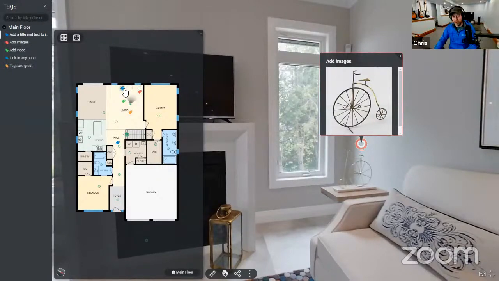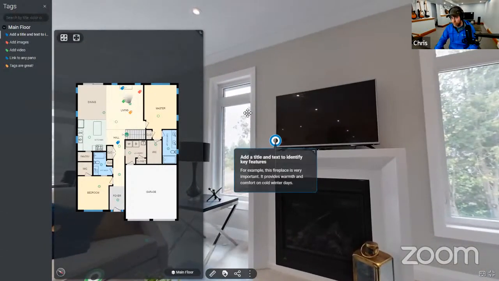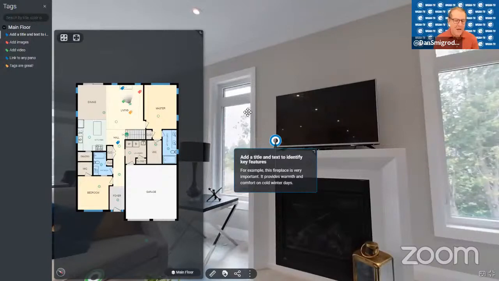Indeed, yeah. That's another huge advantage: the floor plan, because it's an interactive floor plan, has the tags built in as well. What you'll notice is that the tags are colored, and they can be colored in any way you wish. That means you can organize via color. If you've got 5 or 6 tags that are all blue, that can represent whatever you wish. That could be all of the electrical outlets in a room are blue or something like that, or all of the features. Okay, got it.